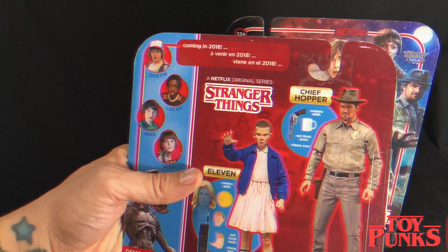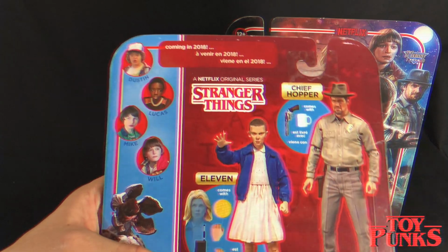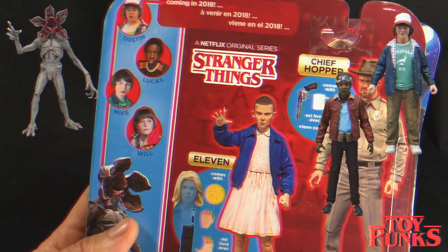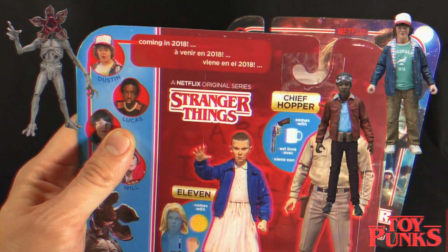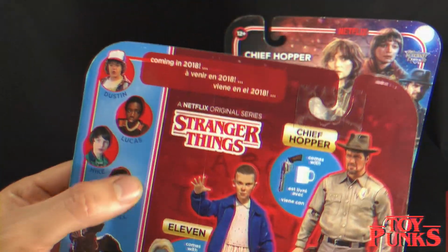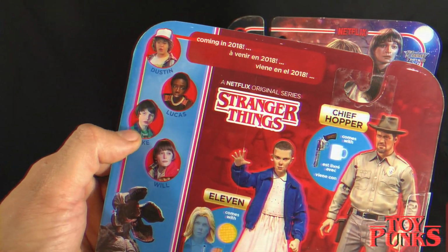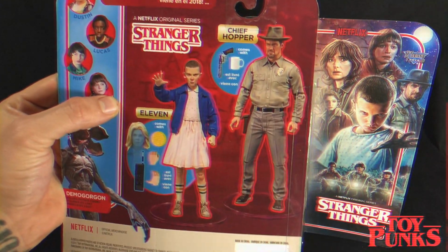On the back, you've got Stranger Things coming in 2018. I believe the next set are going to be coming out in April. I'm not sure if the Demogorgon's coming out first, but I do know that Dustin and Lucas are scheduled to be the next figures. So I'm not sure if it's going to be Demogorgon or Dustin and Lucas, but those are the three figures that are probably going to be coming out soon. And then it's looking like we're going to be getting Mike and Will as well. You see both of the figures on here,